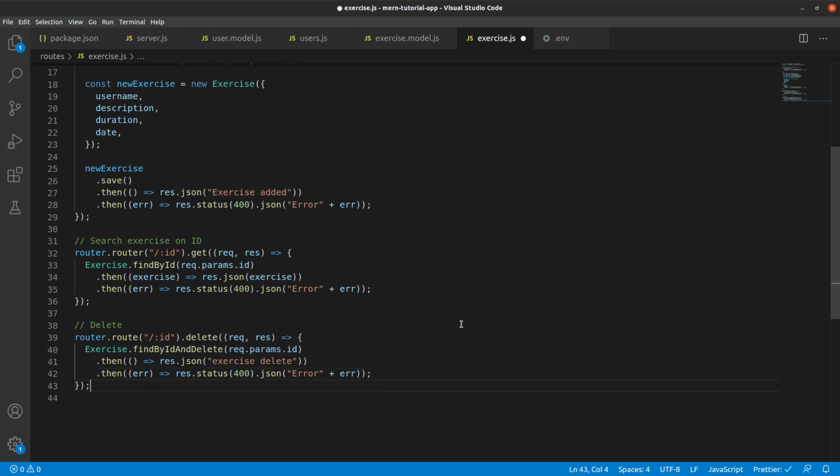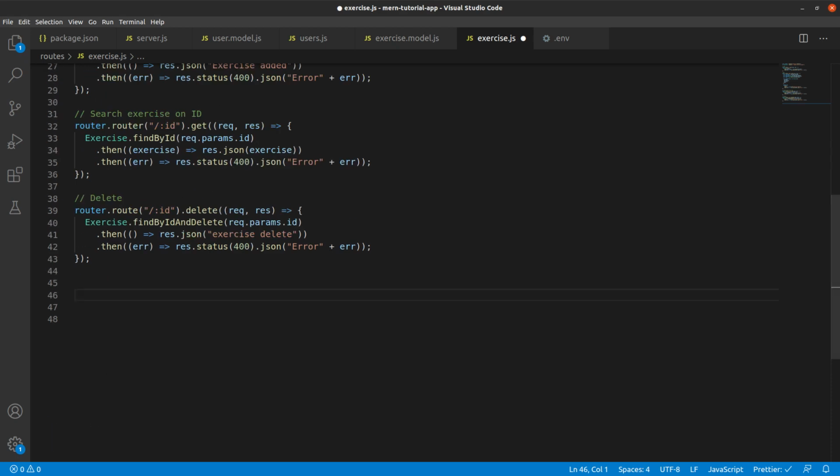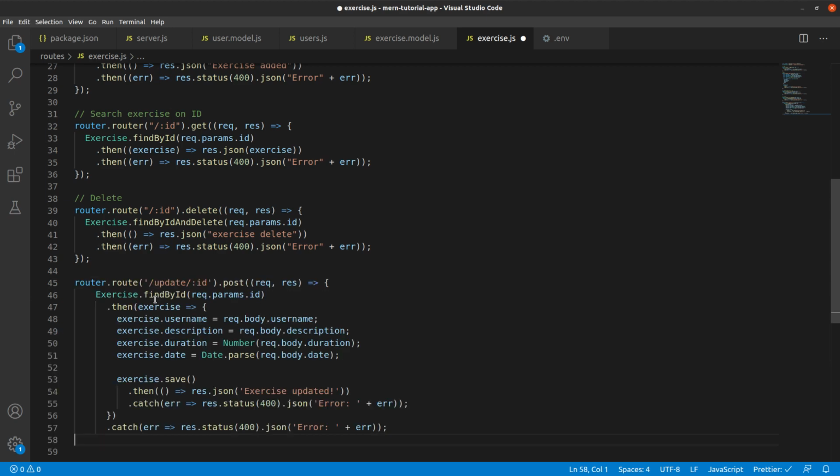And then we have the error handling as well. The last thing we want to do is update. For update I will just copy paste the code here. You can go ahead and write that yourself and try it out. If not, you can just copy paste the code from the GitHub link that I am giving. Just copy pasting the update code which I have already written before.